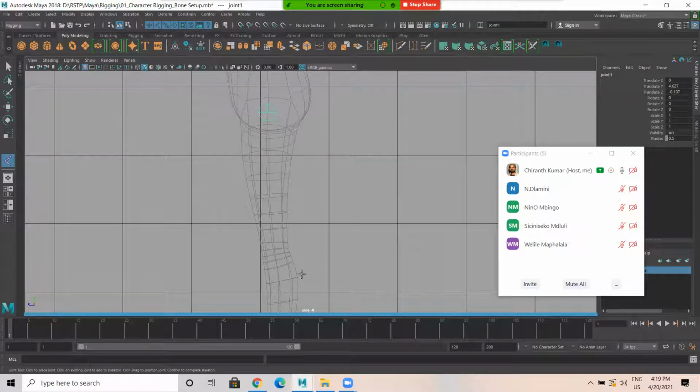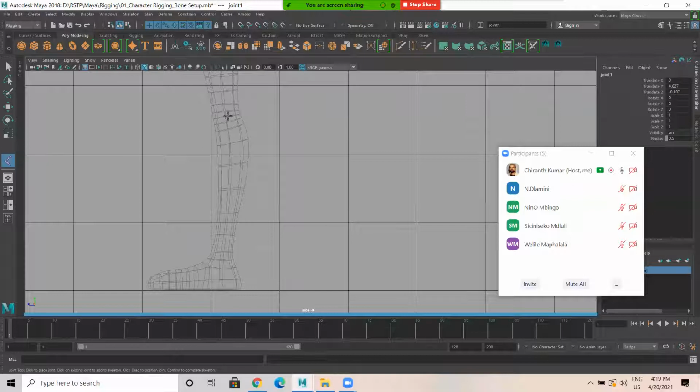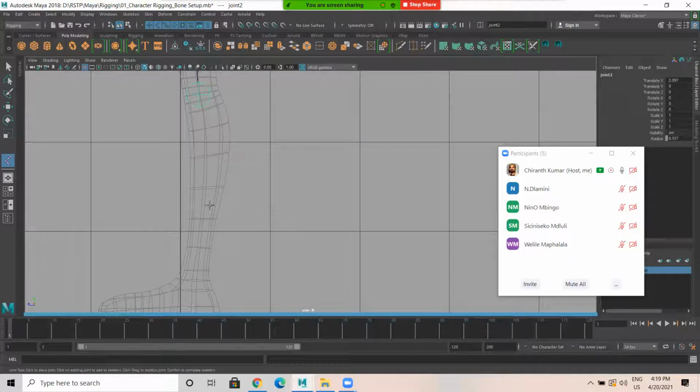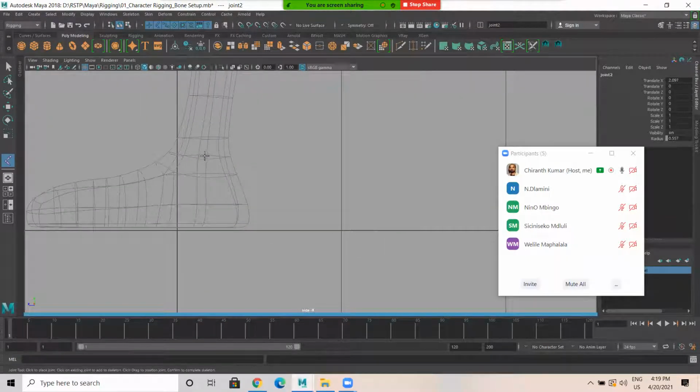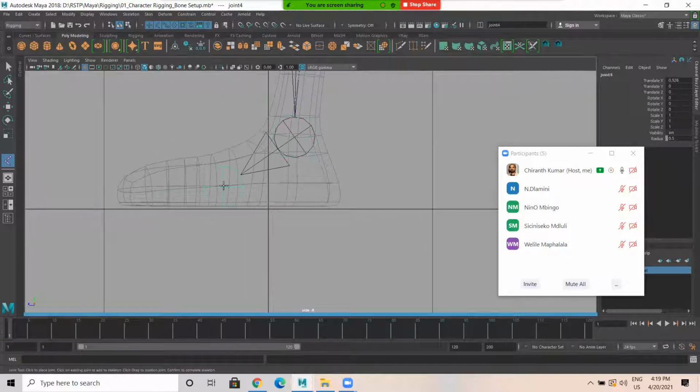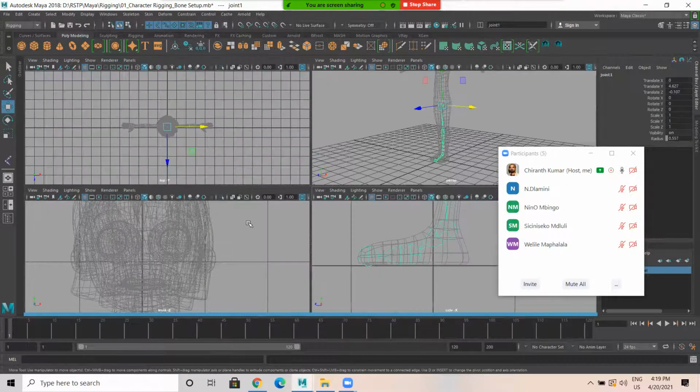Okay, so thigh. Observe here, the knee part has a lot of mesh, because in animation this knee will bend. Okay, wherever animation is there, you need more mesh over there. Observe here, in the ankle you have more joints, means more mesh. So one in ankle, one in ball, and one in toe. Press enter.